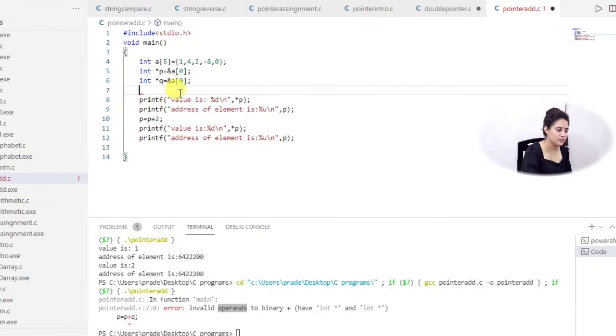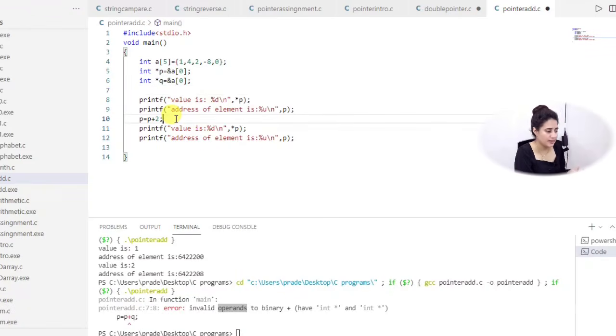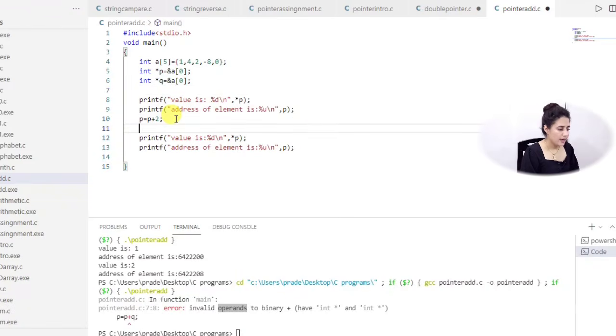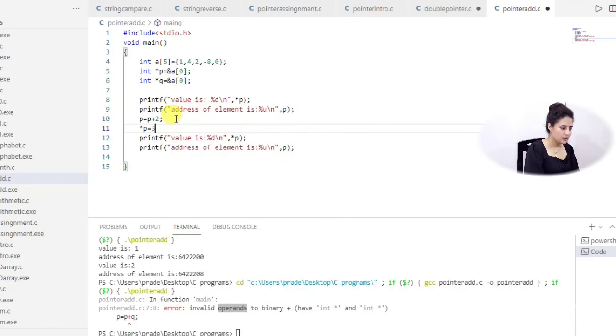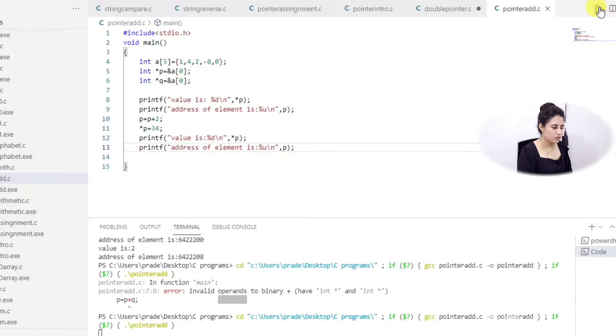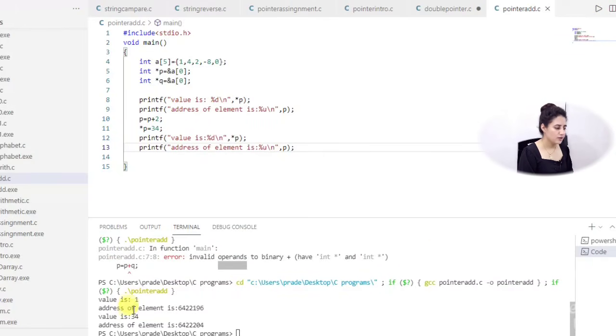Yes, you can add any integer value to a pointer, or you can subtract any integer value, right. And after this suppose I am storing asterisk p is equal to 34. Now, what would be the answer? Will it print 2, or 34?